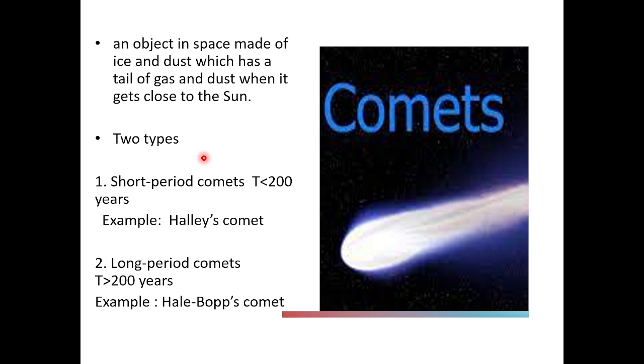Comets are of two types. One which has a period less than 200 years, the other which has a period greater than 200 years. It means short period comets take less than 200 years to complete one round around the sun. An example is Halley's comet. The second type is long period. They take more than 200 years around the sun. One example is